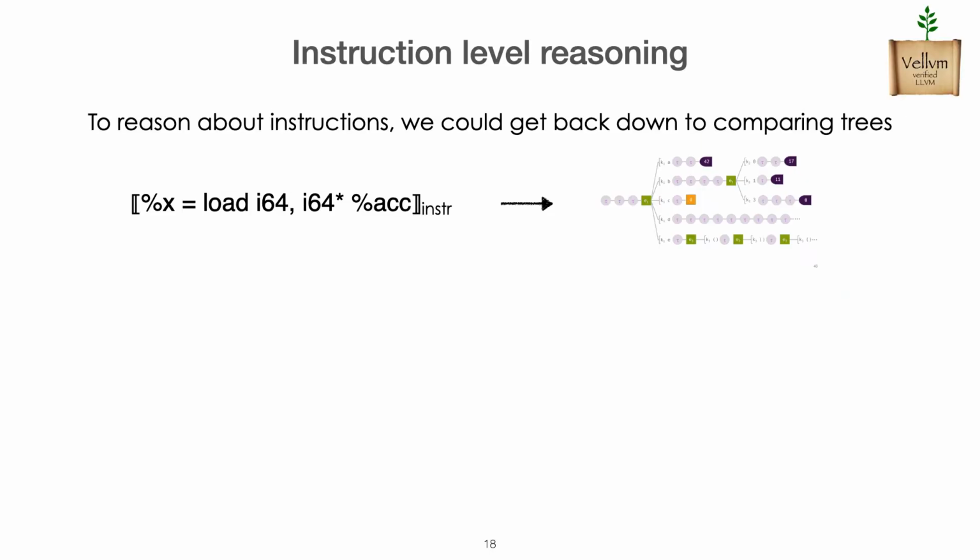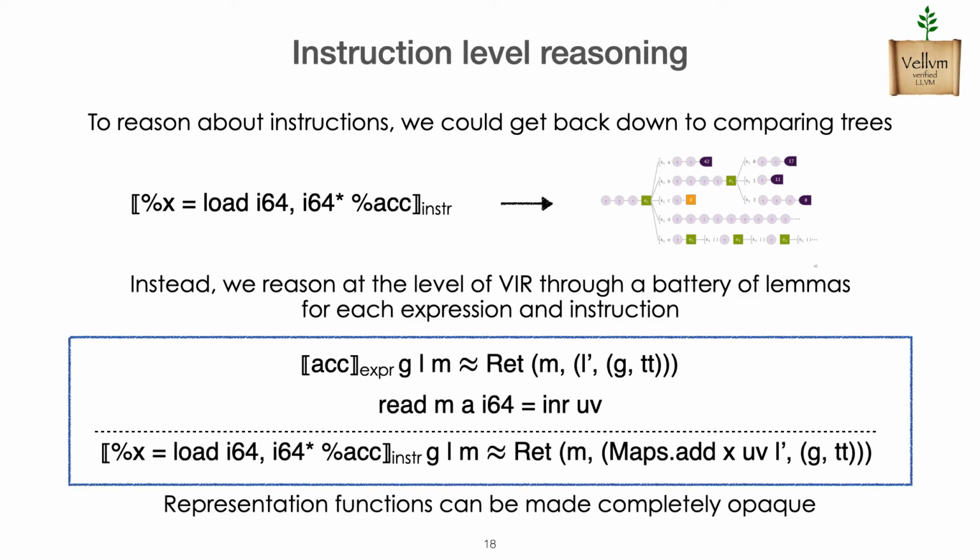Now, of course, in general, you are interested in reasoning about the state concretely, in particular when you want to understand the semantics of your instructions. Since each instruction is implemented as a non-trivial tree, what we do is to provide an abstraction. We give equationally a characterization of the semantics of each of the instructions in an axiomatic way. Once we have done that, we can make the representation function completely opaque and reason more at a higher level of abstraction about the language.